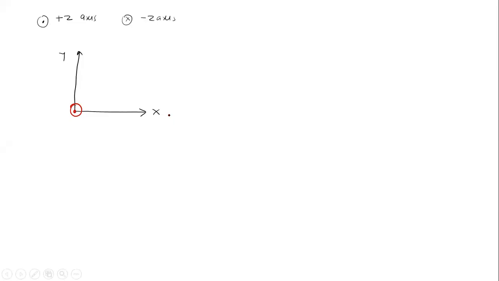Now, in the same case, just see. This is your x-axis. This is your y-axis. And if I put a cross here, what do you understand? Cross means minus z. Okay, understand this. Minus z means cross. We are talking about this minus z axis. If I am putting a dot, it means I am talking about plus z. Did you get this or not?